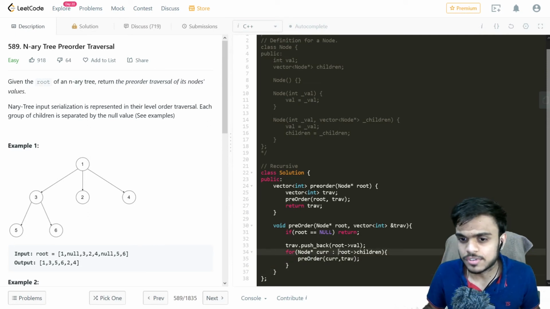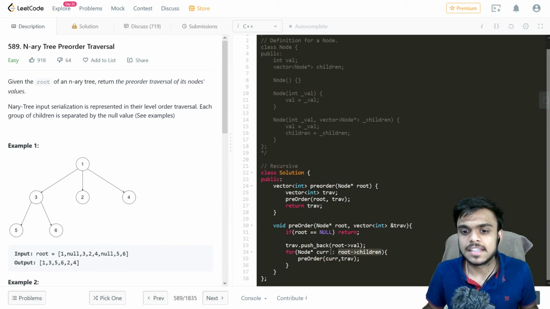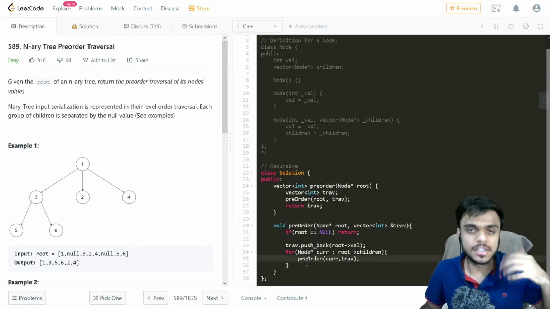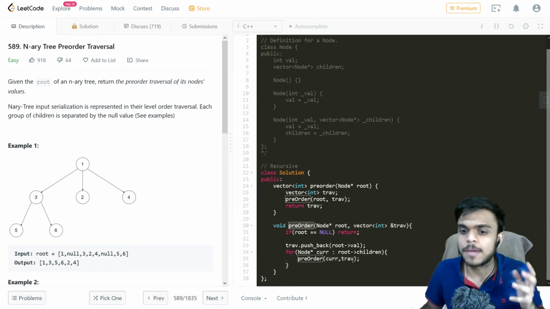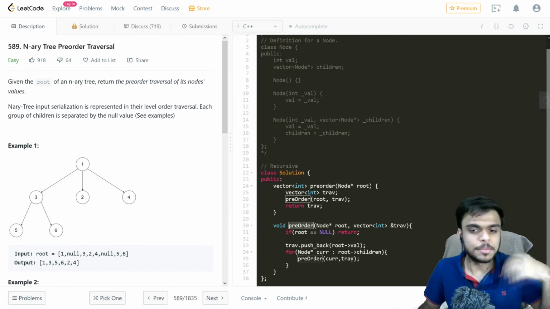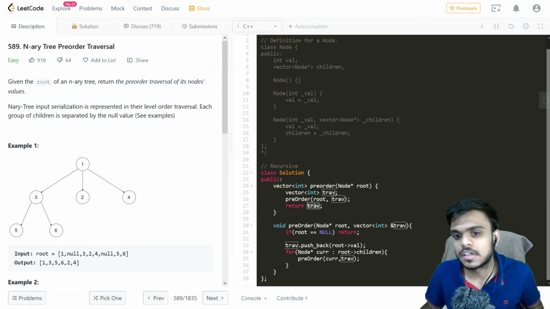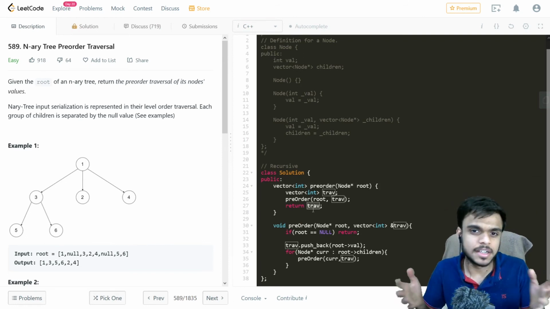So root's children would contain this vector for that particular node, and then we are taking every element, which is a node pointer, from that vector, and for that particular pointer we are doing a recursive call for the same function and passing the same vector, so that it populates all the nodes, and when we are returned back, we are just returning the answer.